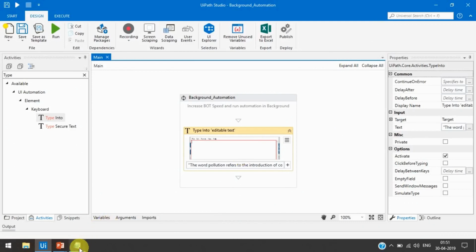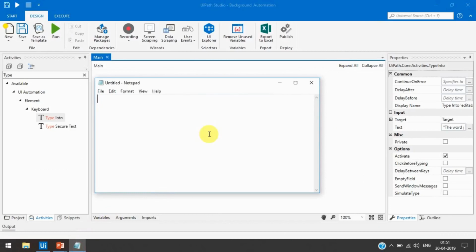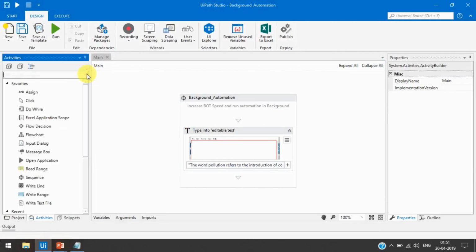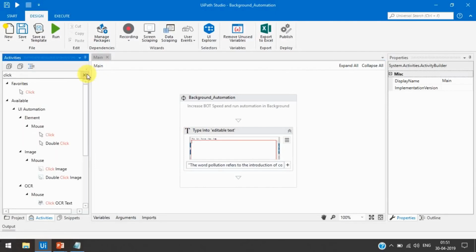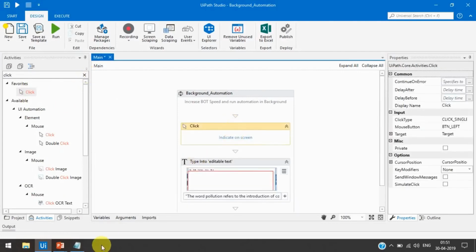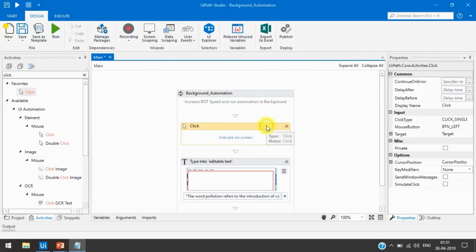So now we'll do one thing. First I am going to take one click activity. It will minimize the notepad, and then we will take a type into activity to type into notepad.